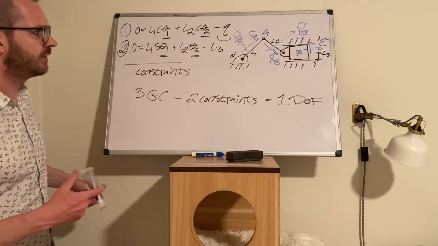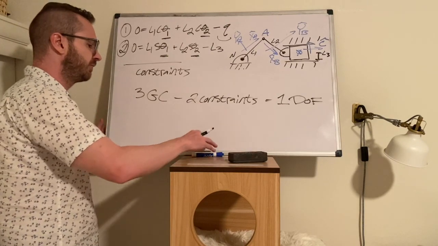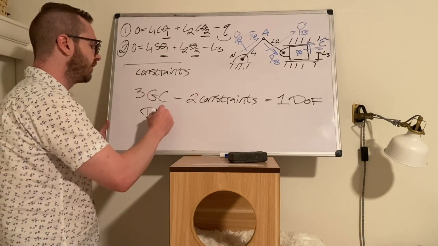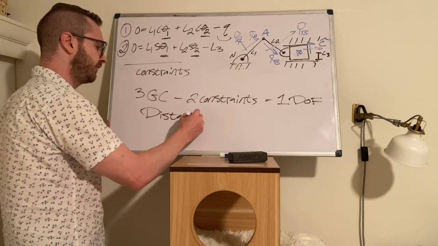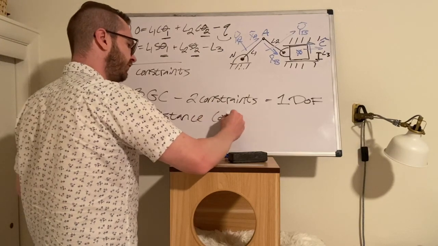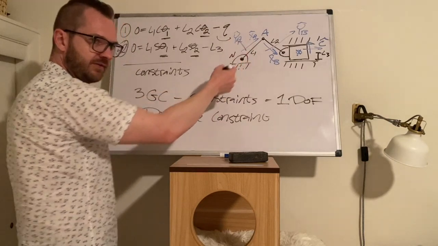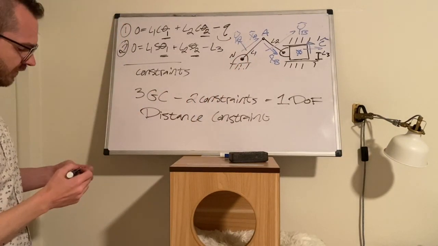I think perhaps in 1 or 2 places in the textbook, and you might see this in other places, instead of calling it a loop constraint, they will call it a distance constraint